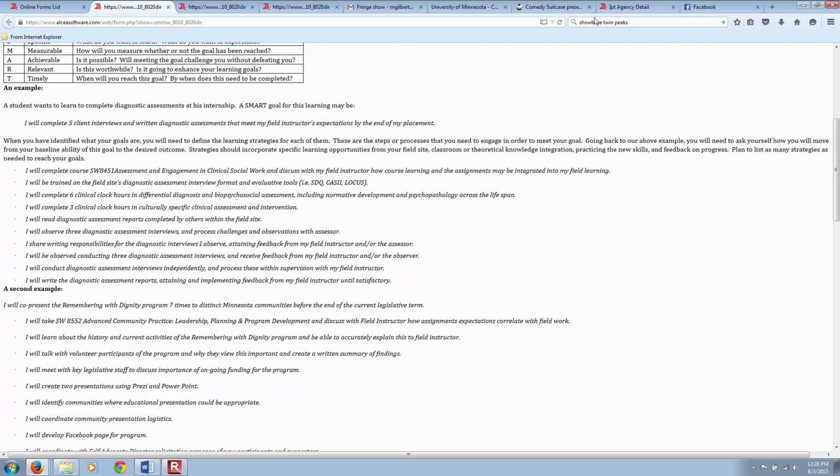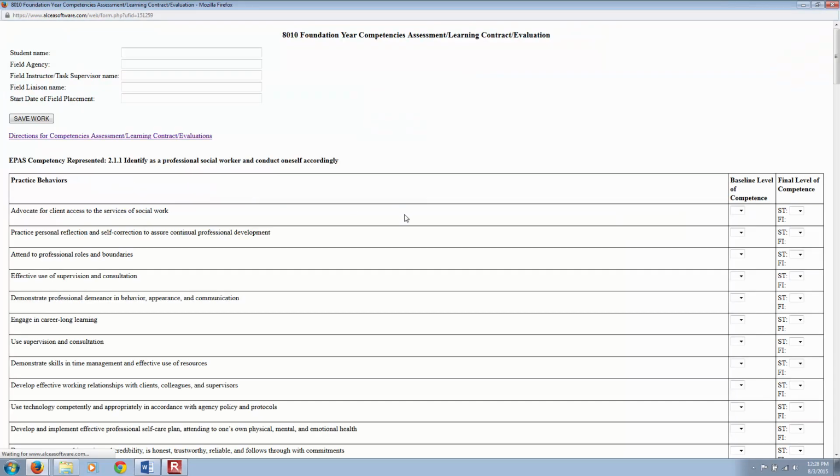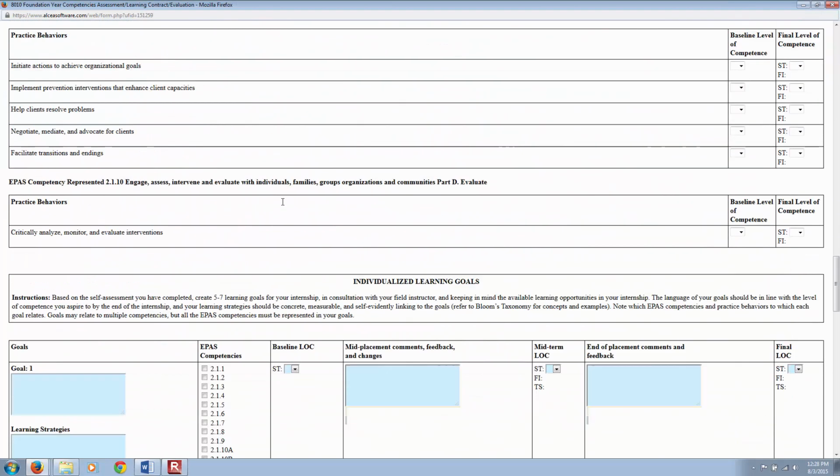This is fine with me. So as long as you remember that within your goal and your learning strategies, I see that it is a smart goal, I will be happy with you, and I will be willing to sign the learning contract, which I